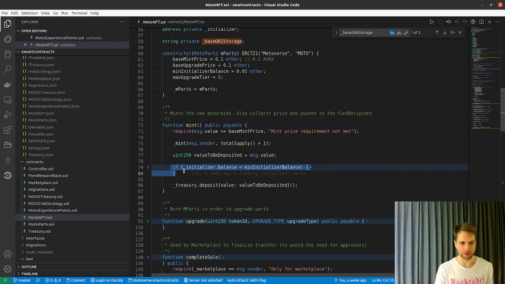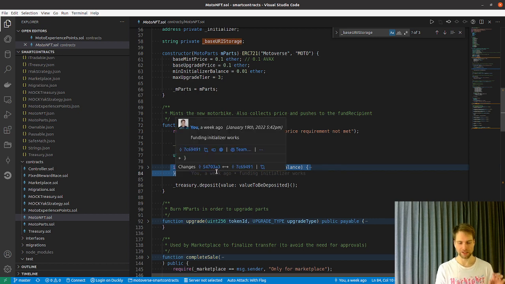Then this block is a little bit confusing, but that's because we have this two-step minting process where first you mint an empty token, then we do all the backend stuff, generate the image and stuff, and then we need some way to inject the traits that we generated for you.